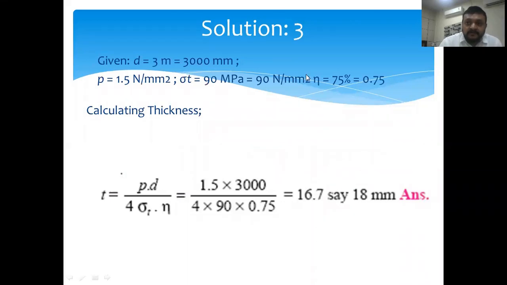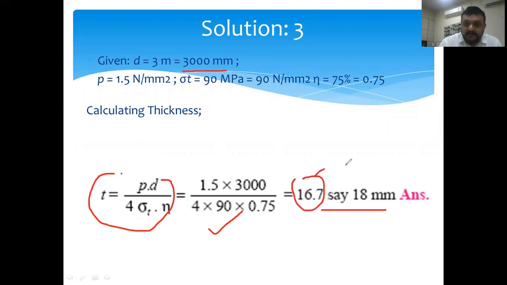First of all, you have to list it out. All the terminology is given, convert all units into a single unit to avoid complications, and write the equation for finding t, put in the values and find it. Now here you have to see 16.7, I will keep it 18 mm. It may be 17 as a round figure, but in some cases, as we have already discussed in the preferred number and standardization,